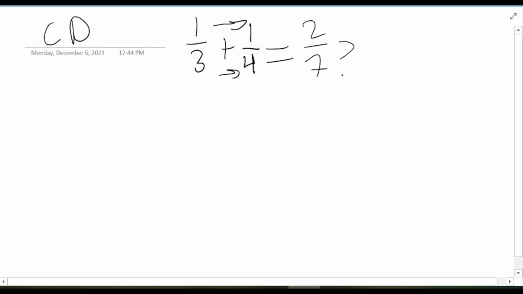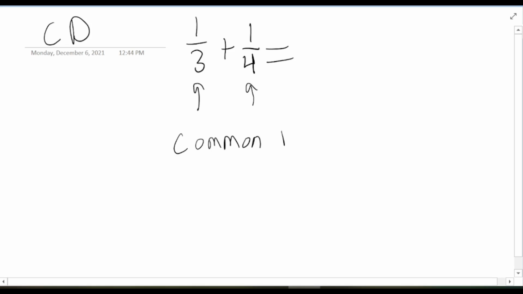No. So you can only use this strategy of going across when you're multiplying. When you're adding, we have to use a different method. When you're adding fractions, you have to make sure that the bottom number, this 3 and this 4, are the same. And since they're not the same, we have to find a new number. And that process is called finding the common